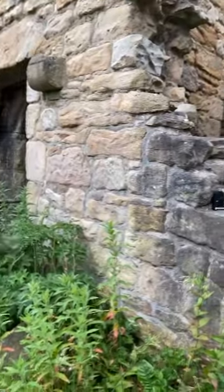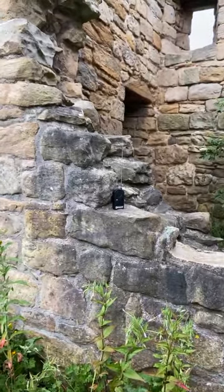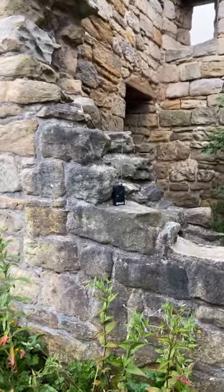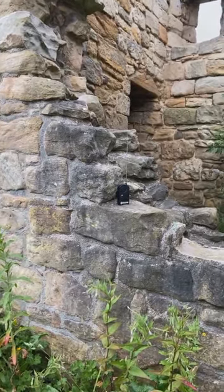One of the REM pods did just go off there. I don't know which one it was though, because we weren't through here. I do always find when the REM pods go off, it's when you're not there. But I can't say, we've not called out for it to happen, so I wouldn't have necessarily said that it would be paranormal or anything. Could have just been a bit of...